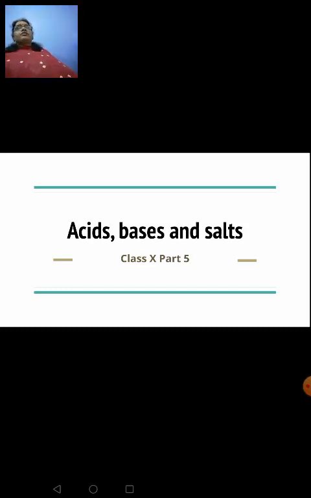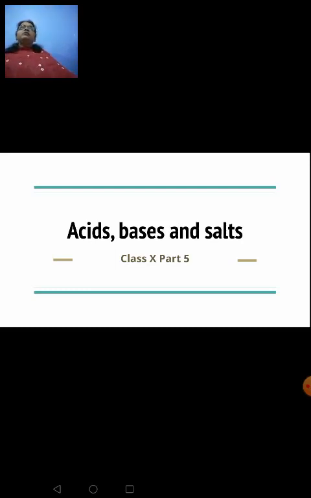Then we had learnt about pH in everyday life, how acid rain affects your ecosystem. When you go to bed without brushing your teeth after dinner, the bacteria produce some amount of acid and make your mouth acidic, and this affects your tooth enamel and leads to tooth decay. You can overcome this problem by brushing your teeth properly with toothpaste, because toothpaste contains a chloride salt. When you suffer from indigestion due to excess secretion of acid in your stomach, you have to take an antacid which contains magnesium hydroxide. It neutralizes the effect of the acid that is getting generated.